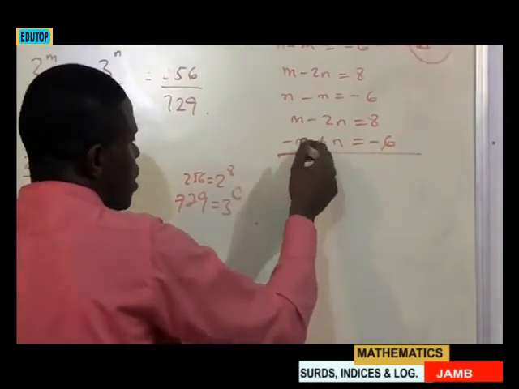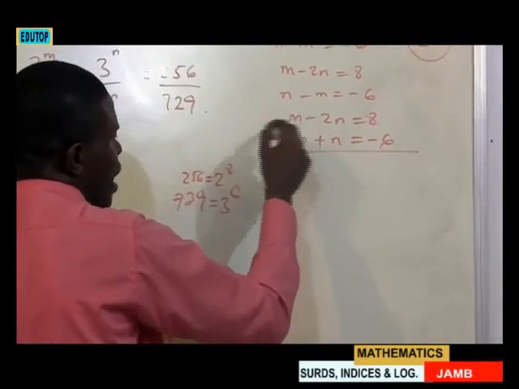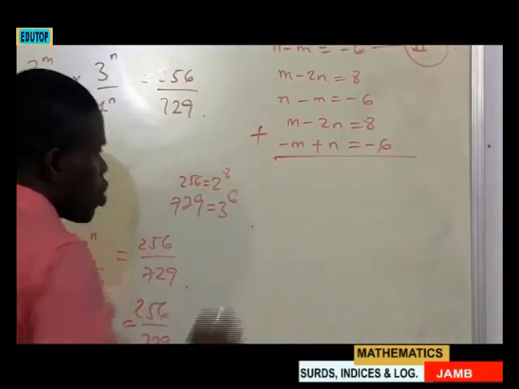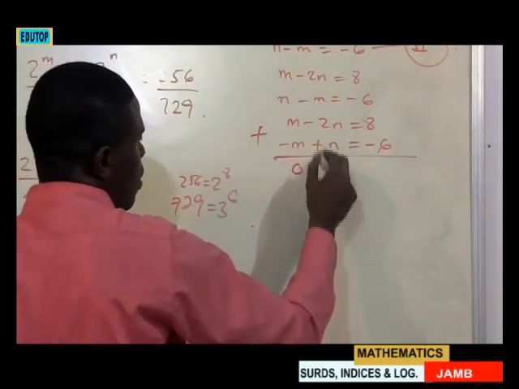So in this scenario, I want to eliminate m. So the best way to eliminate m is by adding the equations. So m plus this, that one becomes 0, then this one will be